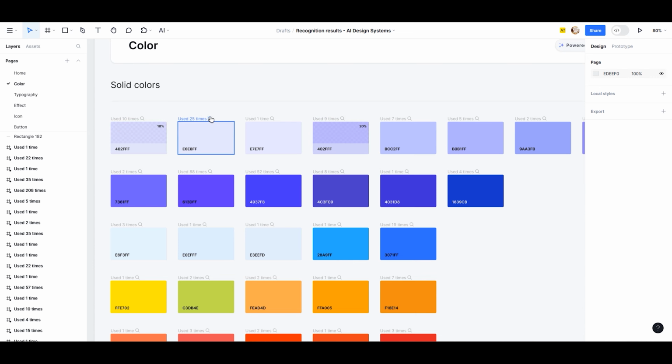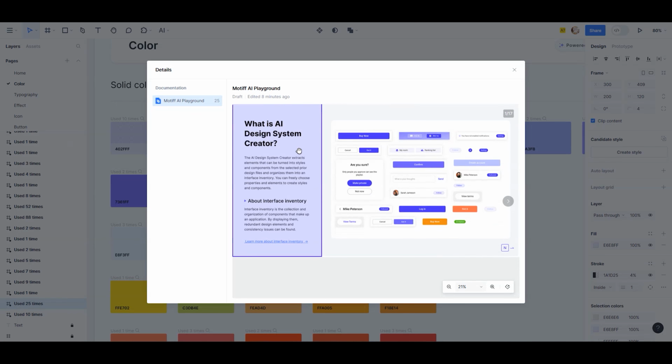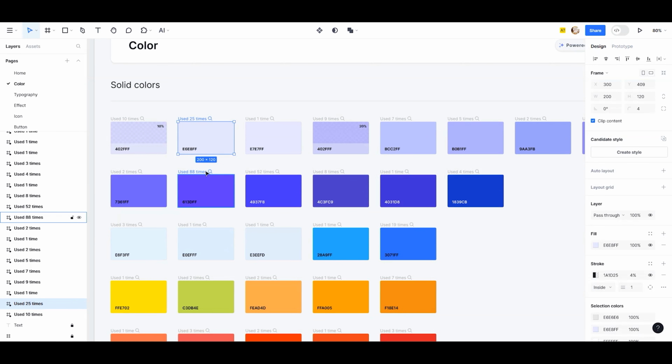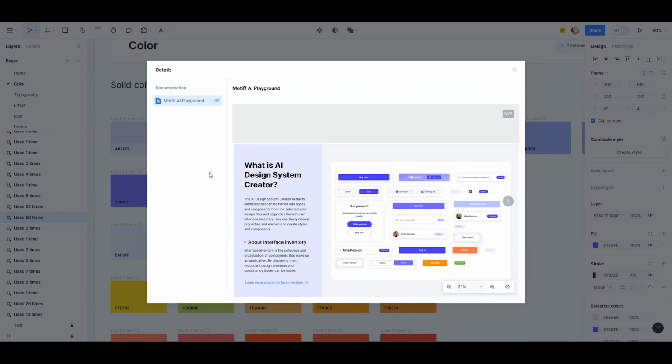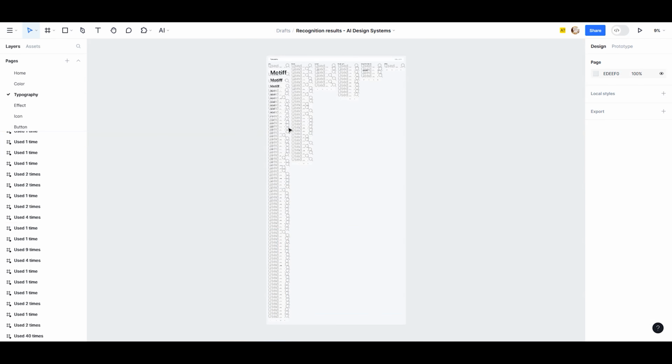And to inspect, you can click on this icon here to look at the particular screen where the color was used. If the color was used 5 times, it will indicate. When you click on it, it brings out the particular screen where the color was used for you to see. So we also have